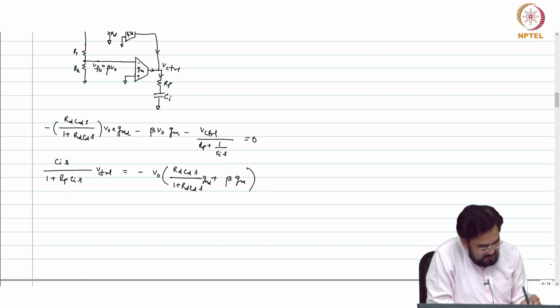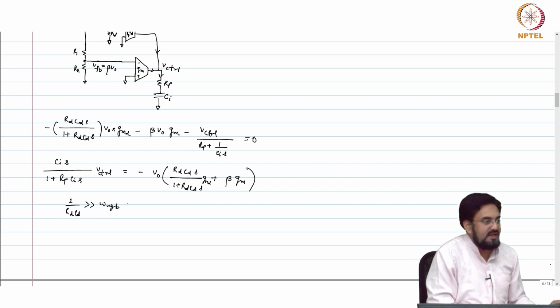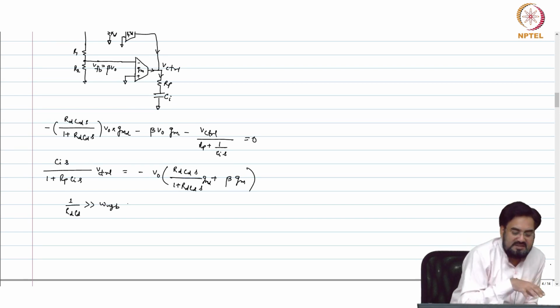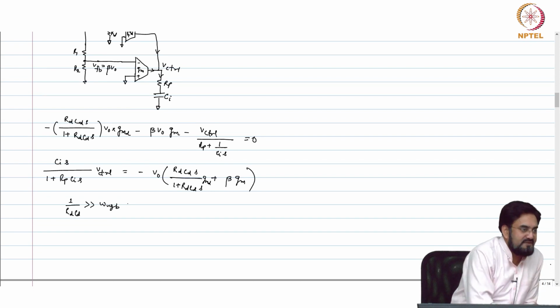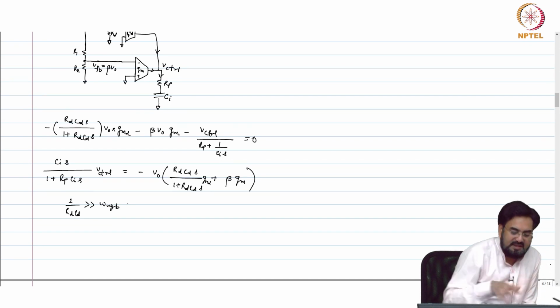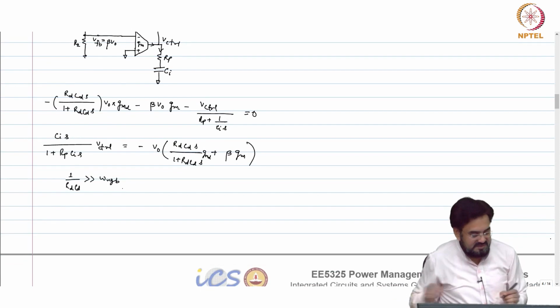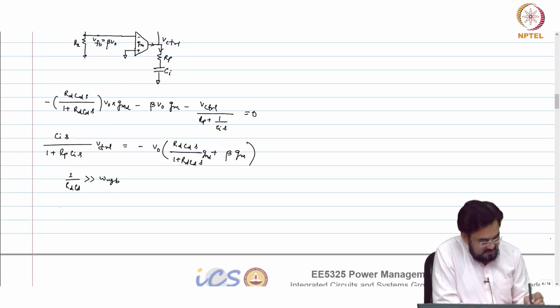So if I know 1 over RD CD is, I can ignore that. I want to place this pole outside UGB and that too at much higher frequency, 5 to 10 times, then I can ignore. So it will simplify this. So it will be minus beta GM minus GMD plus